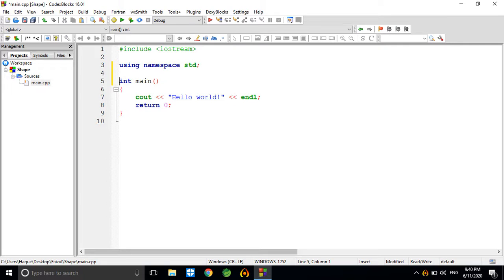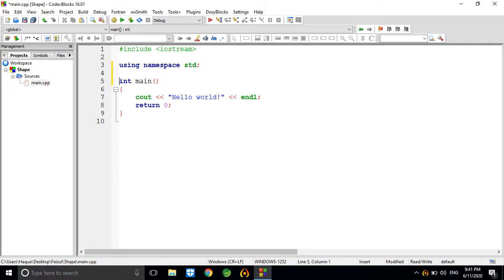Hello, my dear students. So in the previous classes, we have seen how we can inherit a class from its base class, or you can say from its parent class. At least you know what is base class and what is derived class. Base class means the class from where we are going to send the information to the derived class, and from the derived class's point of view, we are going to inherit some data from the base class. Base class is also known as parent class, and derived class is also known as child class.